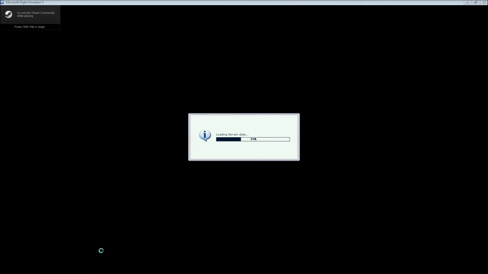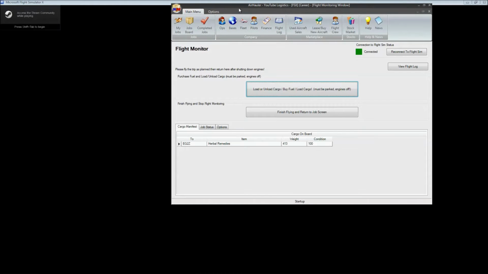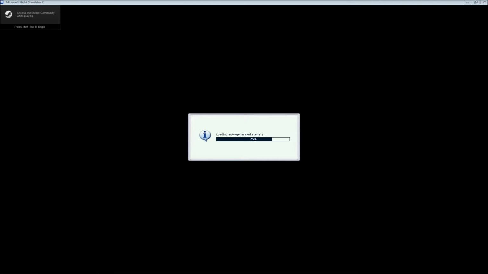Right, while it's doing that, I wonder if I can actually move Air Hauler. Let's just see, put that off the screen for a second. There we go, nice one. All done. Okay,